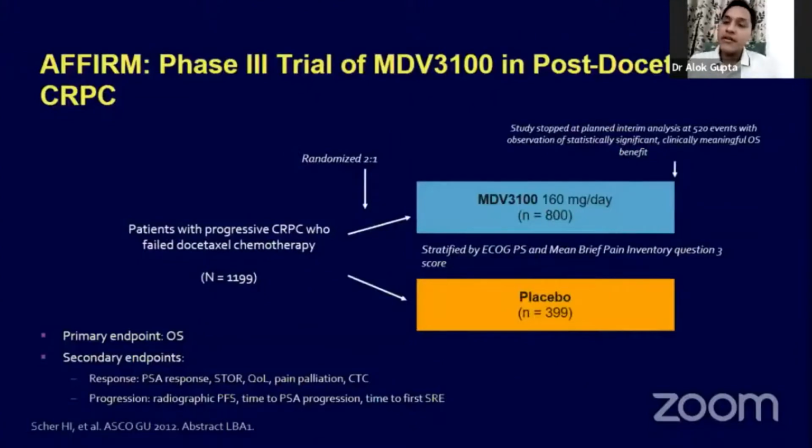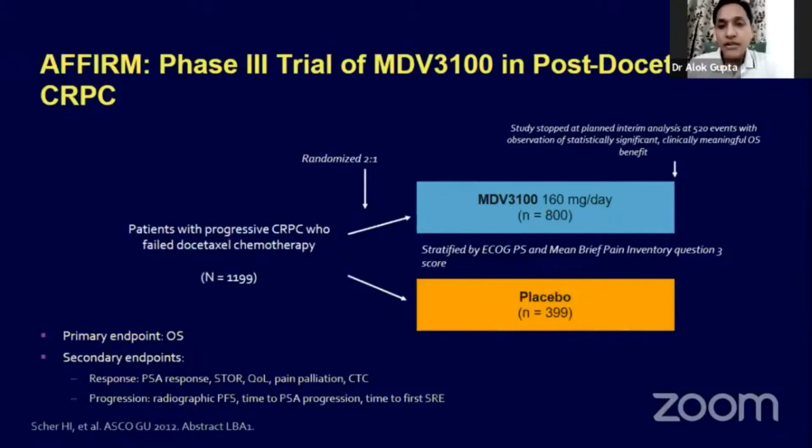Right. So, coming to my talk, I have divided it into 3 aspects. In the first aspect, I will discuss the role of enzalutamide in the treatment of mCRPC in the post-docetaxel setting. In the second part of my talk, I'll be discussing the role in the pre-docetaxel setting. And in the third part, I would be discussing how to sequence this agent with respect to the commonly used chemotherapy agent, that is docetaxel, and how to sequence it with respect to abiraterone in the mCRPC setting.